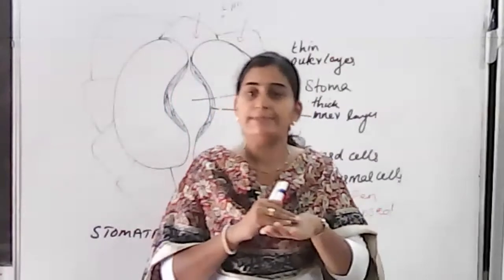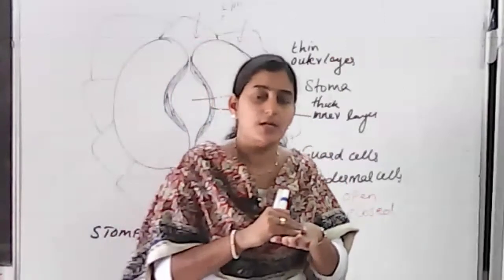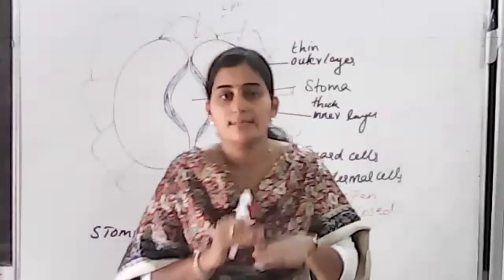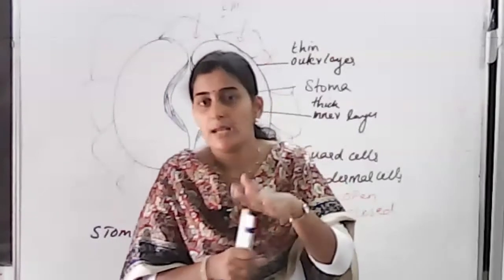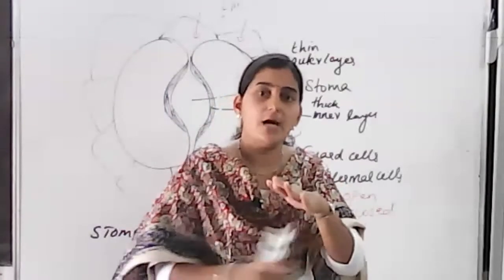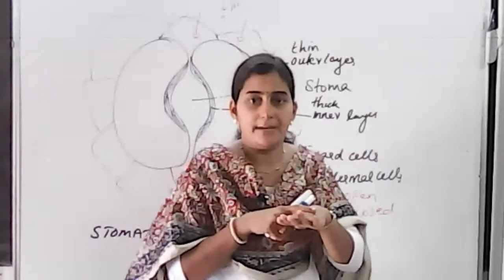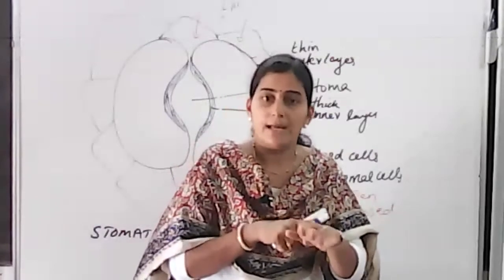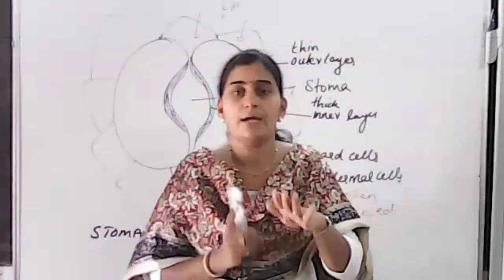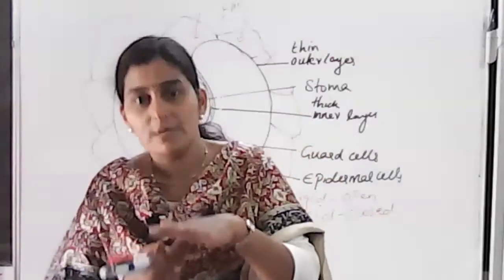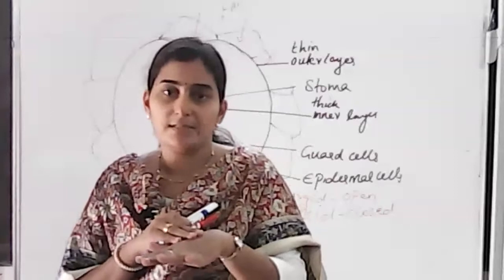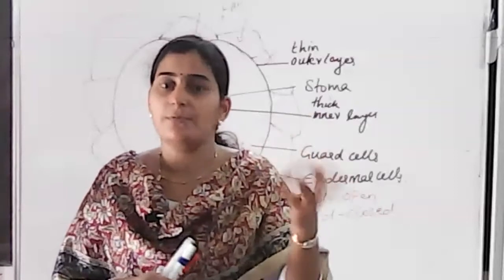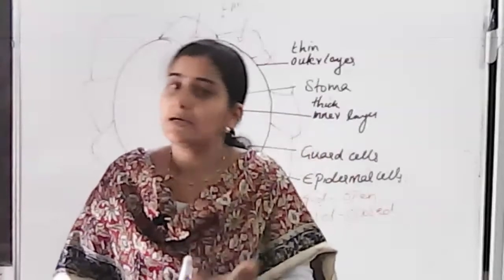So how will you identify a dicot plant by taking a section? If it is a dicot plant, you can see that the lower epidermis will have more stomata compared to the upper epidermis. That is how you distinguish between a dicot plant and a monocot plant. So the number of stomata for a dicot plant will be more on the lower surface compared to the upper surface. By seeing the plant, the structural external features are different.